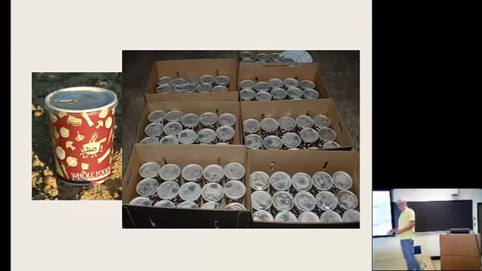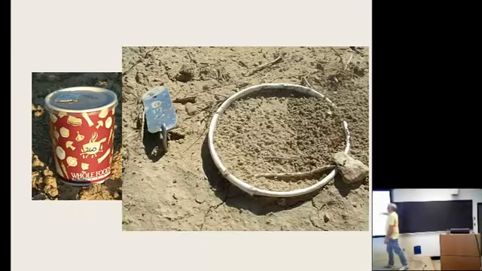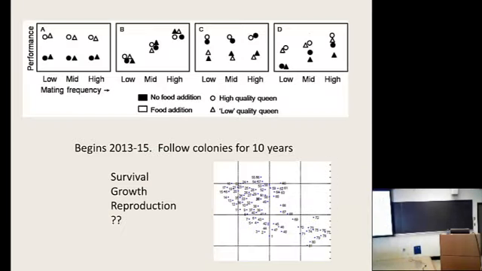That we can give food to or not, and manipulate environmental qualities. We have manipulated the mating frequency. We can determine exactly where this colony is placed. We can experimentally manipulate the identity of the source colonies. So we expect to be able to do these sorts of things. We might look at food addition or not, source lineages, the source colonies that are high quality or low quality, and we can vary experimentally the mating frequencies.